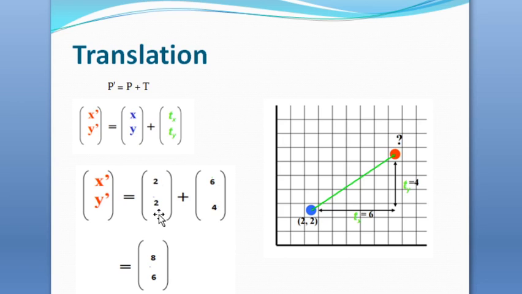It can be moved to this point. It's a reposition, moving from this point to this point, P to P dash. P dash equals the initial position (2, 2) plus the incremental matrix (6, 4), which is matrix addition. So 6 units in x, 4 units in y. Therefore the matrix addition gives (8, 6). The repositioned destination point is (8, 6).